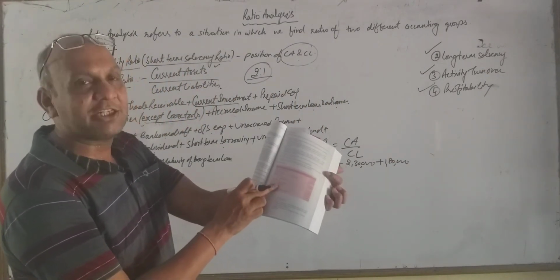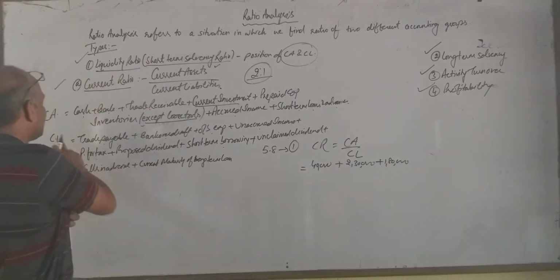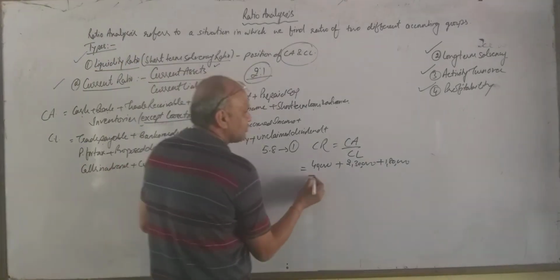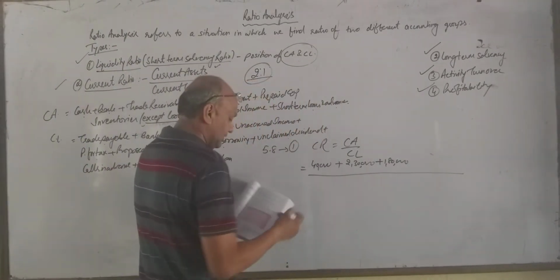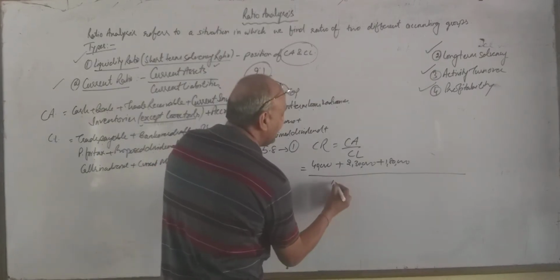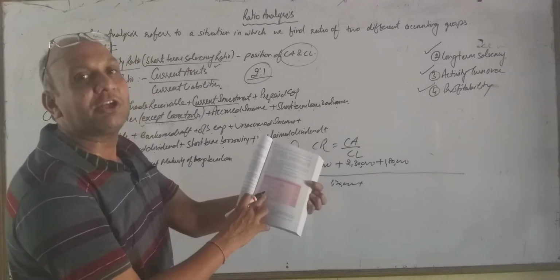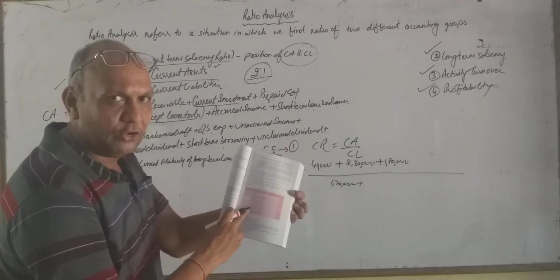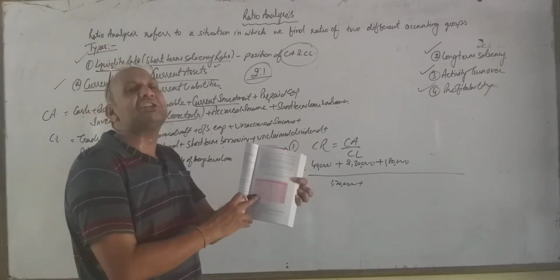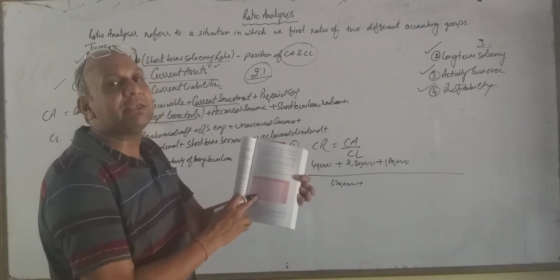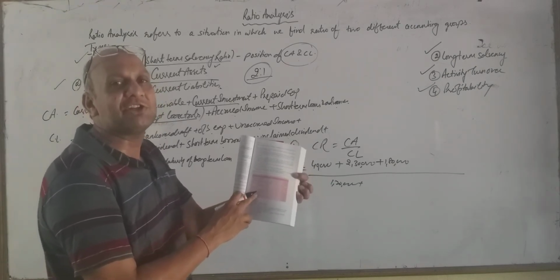Next item, trade payable. We have been given creditors plus BP. Trade payables are our current liabilities, that's why we will take them in the denominator. Total trade payables are 1,20,000 rupees. Next item, we have been given long-term borrowing. Long-term borrowing will not come over here because it is a non-current liability. Here we are going to take current liabilities only.